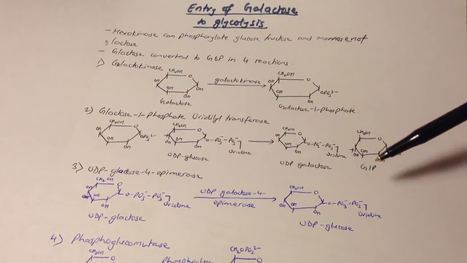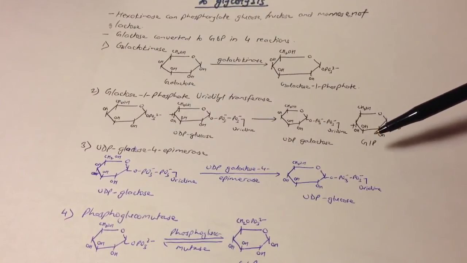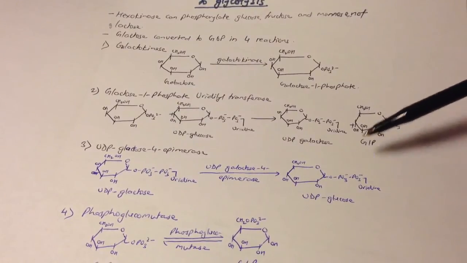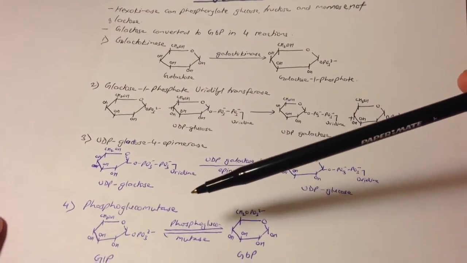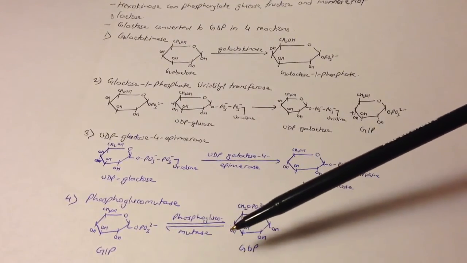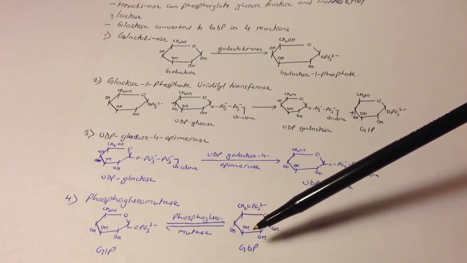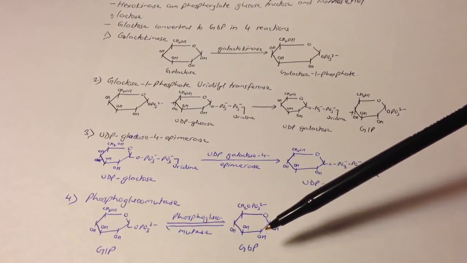In the fourth reaction, now we have this glucose 1-phosphate over here, and in this fourth reaction we convert glucose 1-phosphate, this is our glucose 1-phosphate, to glucose 6-phosphate by phosphoglucomutase, and glucose 6-phosphate is the second compound of glycolysis. So this is how